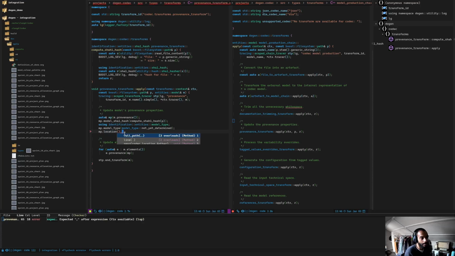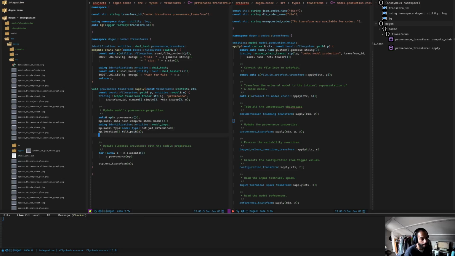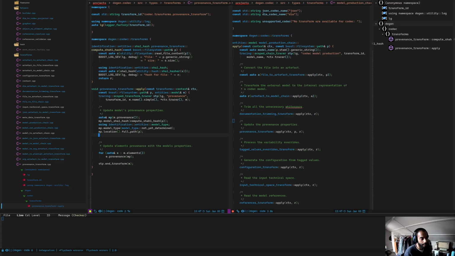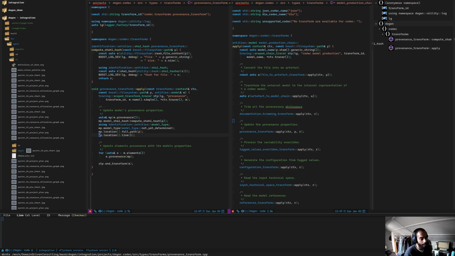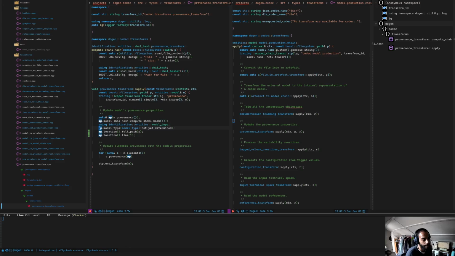now the location, full path is going to be P, and the line number perhaps, mp.location.line will be 0, I guess, or 1, the first line of the file, because that's where that's defined. Now, to be honest, let's not touch the line here, because the line should really be codec specific, which then makes me not want to touch the path here as well. We'll leave the path, not brilliant, but